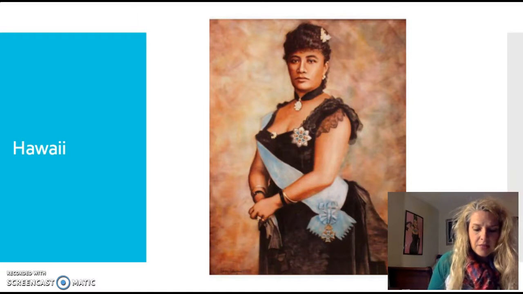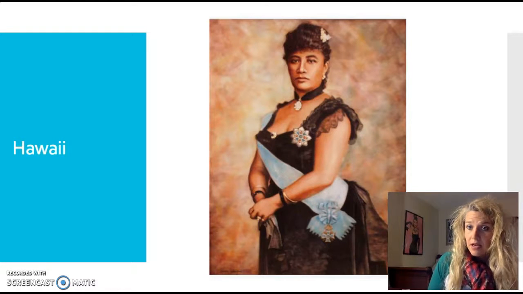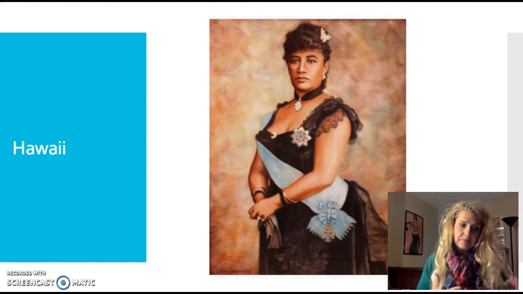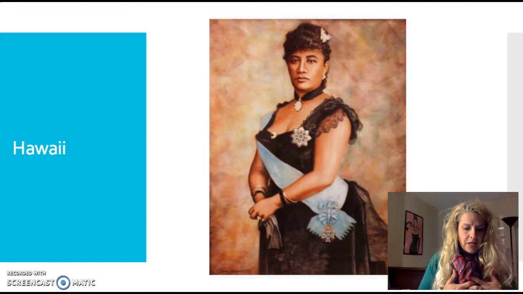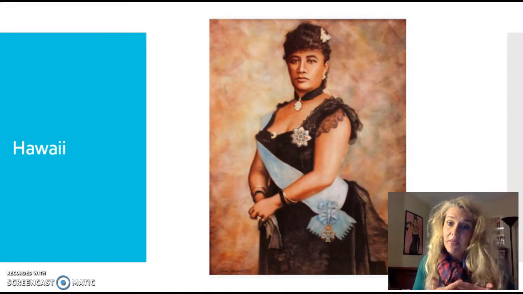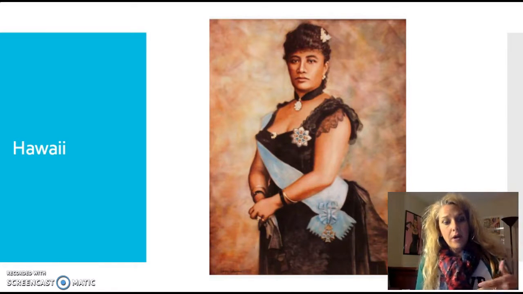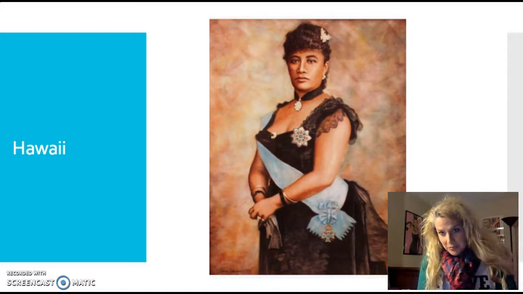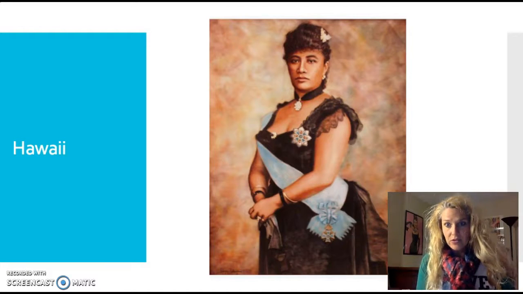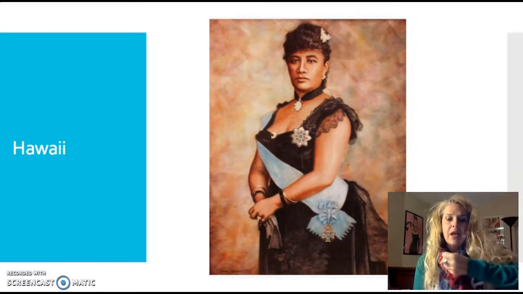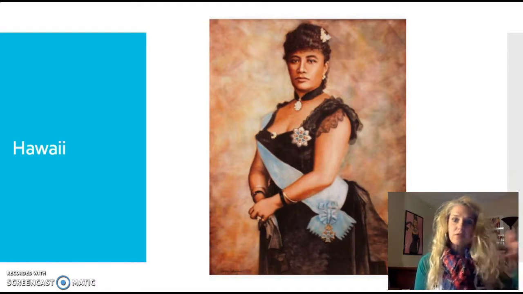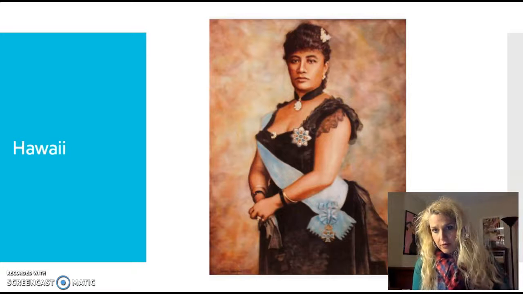Okay, using Texas as a model, Dole's rebels remained in control of what they now called the Republic of Hawaii and continued to agitate for incorporation into the United States. Again, Texas was taken from the Mexicans, and we never want to talk about that. But if you read into it, it truly is what happened, and Americans were asked not to be illegal immigrants. Isn't this hilarious? The real story of the history of Texas. And they would not listen, and they just kept going in droves and droves until they took it over.